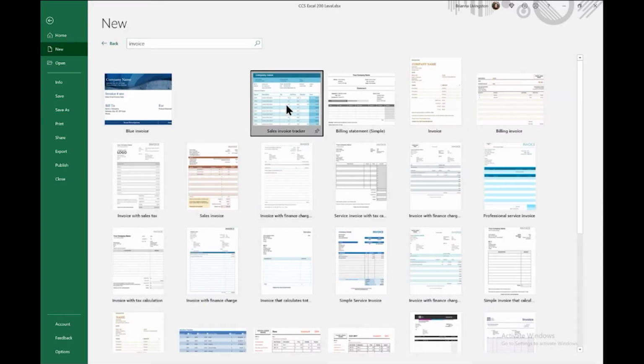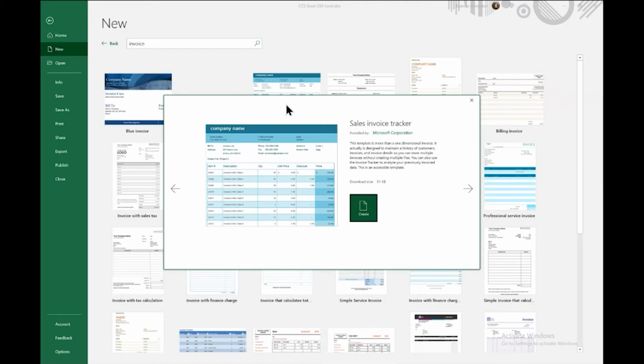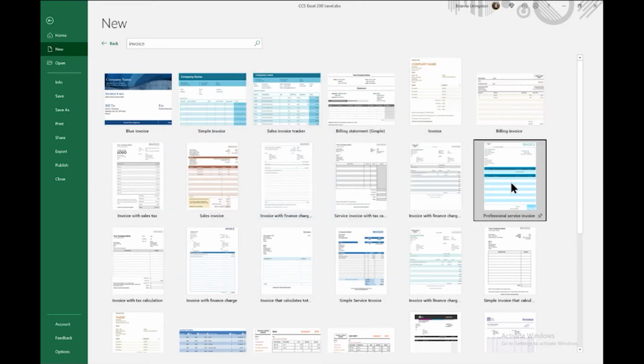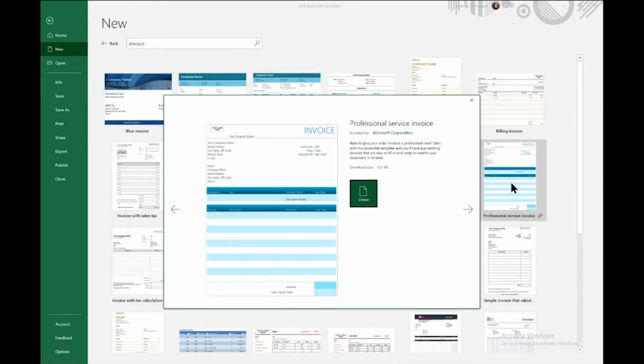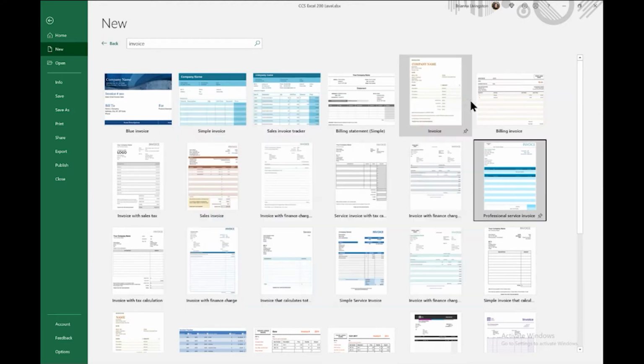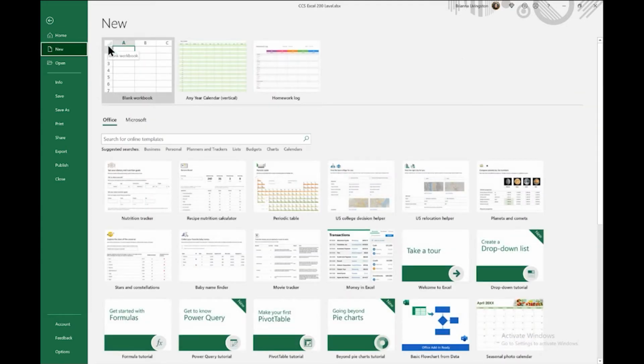So I really love the templates because they save you a lot of time, and all you need to do is really plug in what you want. You can add rows as you need to. You can add any information that you need to, but it really saves time. And that's something that there weren't as many options in the previous M365 versions as there are now. And you are able to download more templates from online.